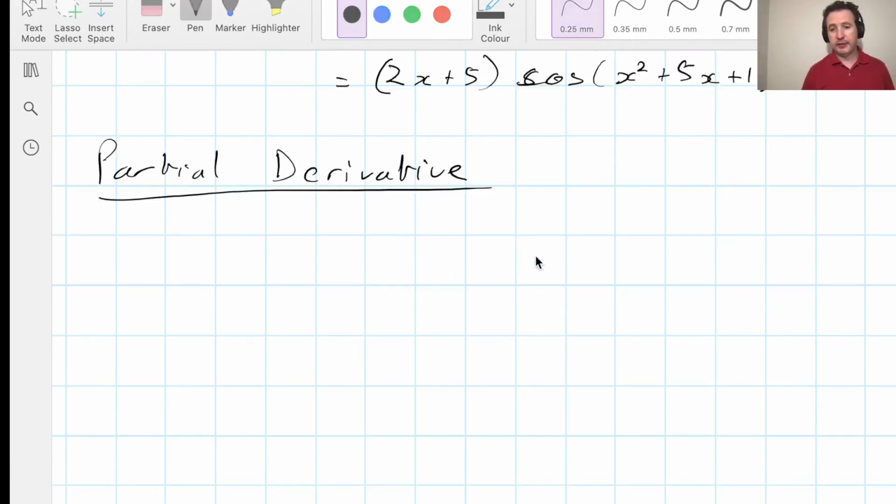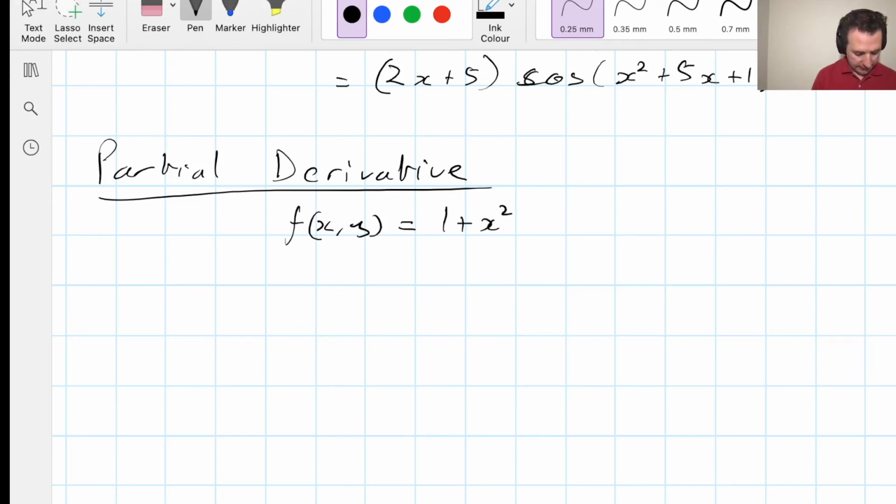The last kind of differentiation we'll deal with is partial differentiation, or the partial derivative. This is going to be the bedrock of a lot of stuff that we see later on. But it's actually identical. If you're comfortable with the previous rules, this is the same, except now we have x, y, and z. So if you have some function which is a function of x and y, for example, it can be written as 1 plus x squared plus y squared plus x squared y to the power 7,